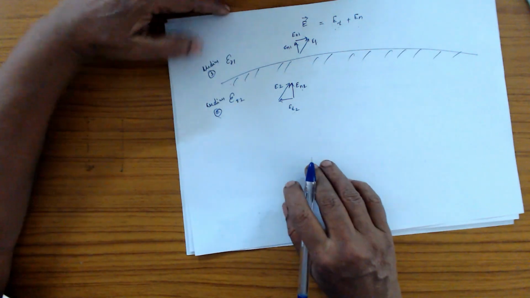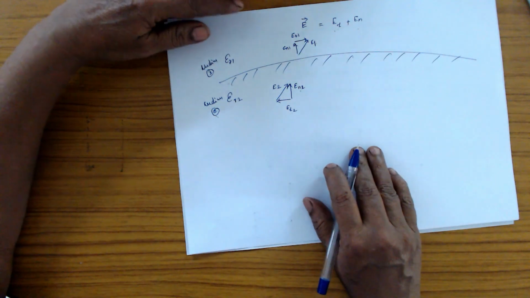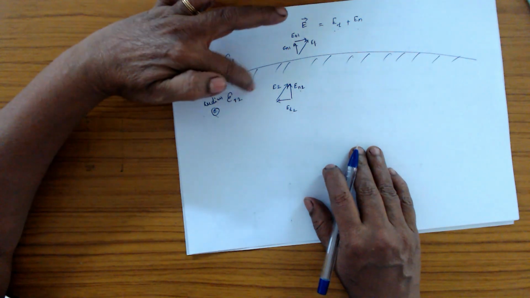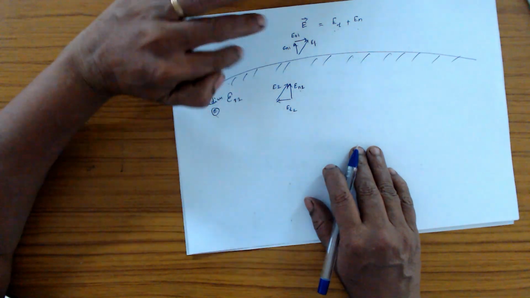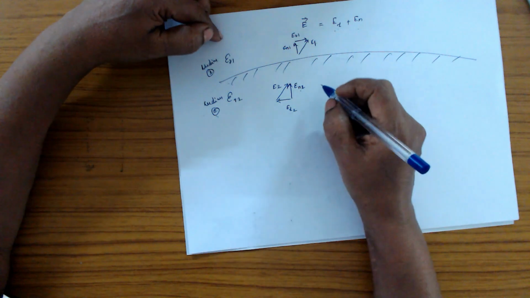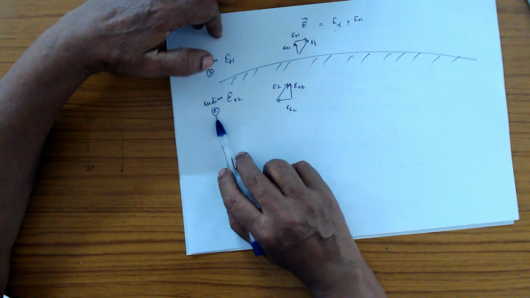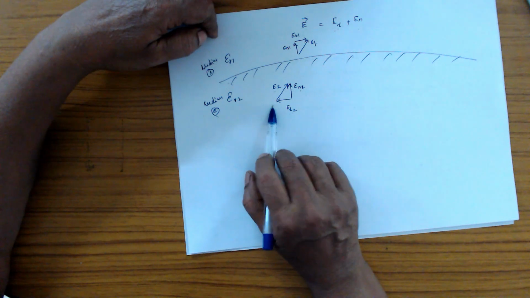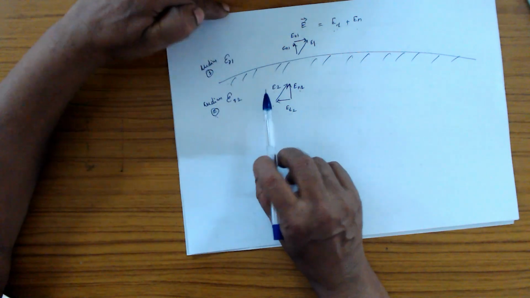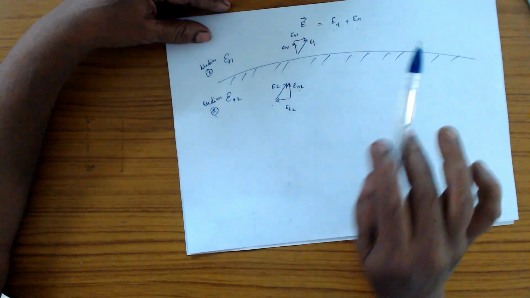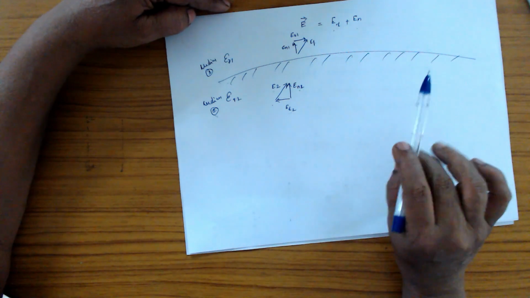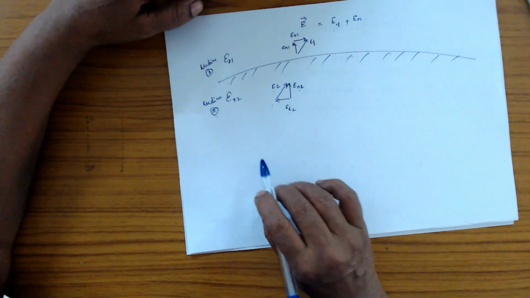Now what this boundary condition helps us to find out is, suppose I know E2, that is the electrical field strength in medium 2, then when it crosses the interface, I am able to calculate how E1 gets affected. That is why this boundary condition will be useful. Suppose when you want to analyze this,